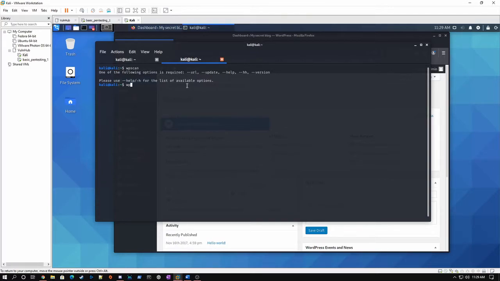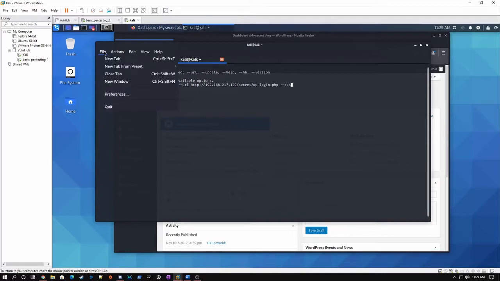So we're going to do wpscan, right? We're going to do double dash usernames admin. We're also going to do double dash url, http, that website, right? And specifically the site where that login screen is. So we're going to do 192.168.217.129/secret/wp-login.php. Now we're going to do passwords, which is going to be the whole text file where we have the